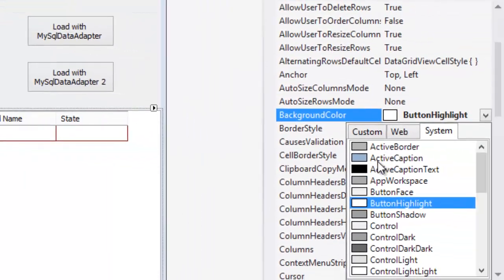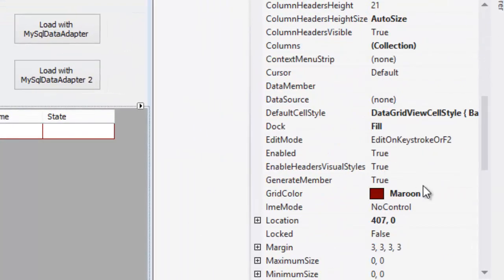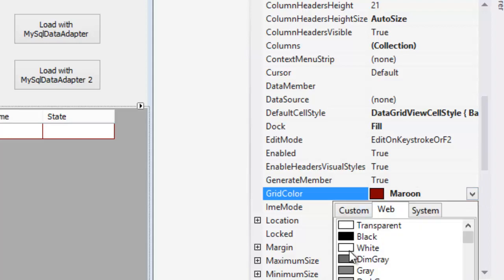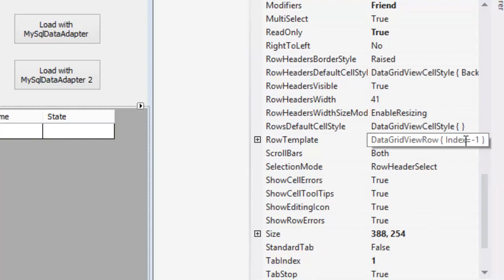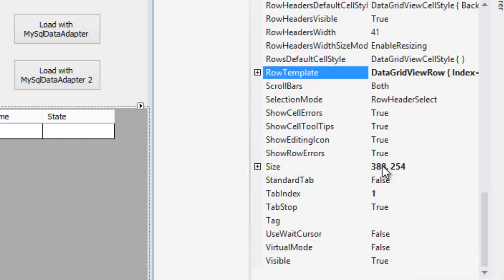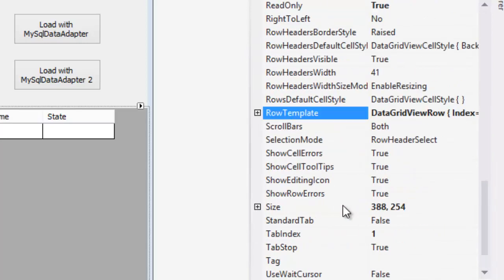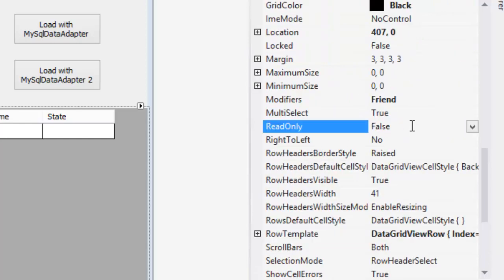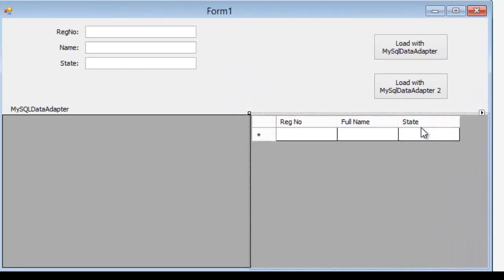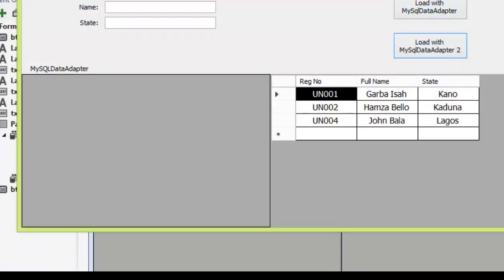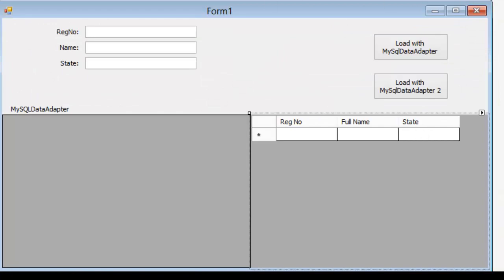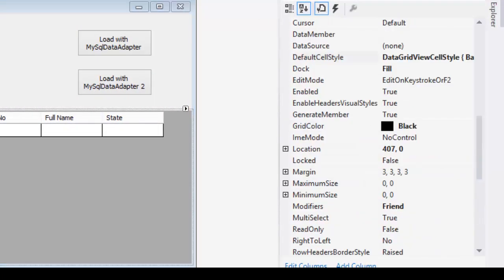Let's take this background color to normal color. Let's check this to its normal color, the lines to black, and let's come to this also. We didn't change this particular one. Let's see, why is our read only false? So now let's see if we can change all that in the code. So there are others that I need to change again. If we go to